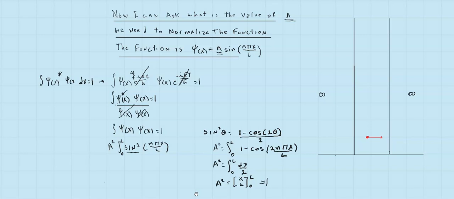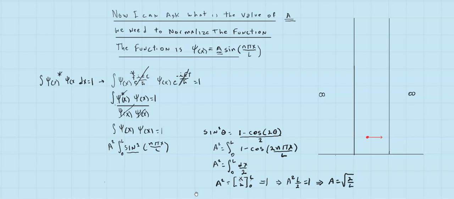So at L, I'm going to get L over 2, and at 0, I'm just going to get a 0. So all of this is a squared L over 2, which is equal to 1. So my a is equal to, taking the square root and moving everything to the other side, the square root of 2